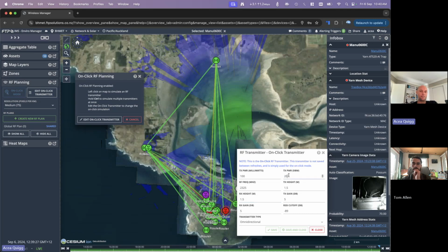But our power is static, right? It's always 20 dB on the transmitter, and the gain through the antenna is always 5 dB on the transmitter side and always 5 dB on the receiver side. All our antennas for all our devices are identical, and all our transmit powers for all our devices are identical. All our chipsets that receive the data are all identical, and they all have a,